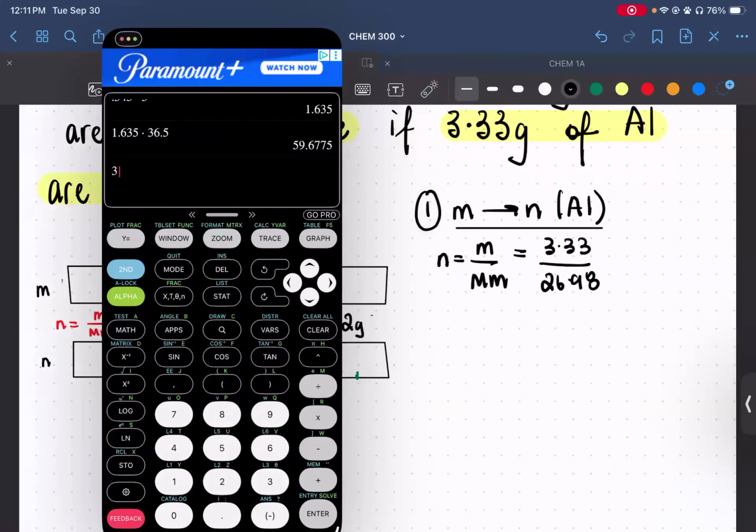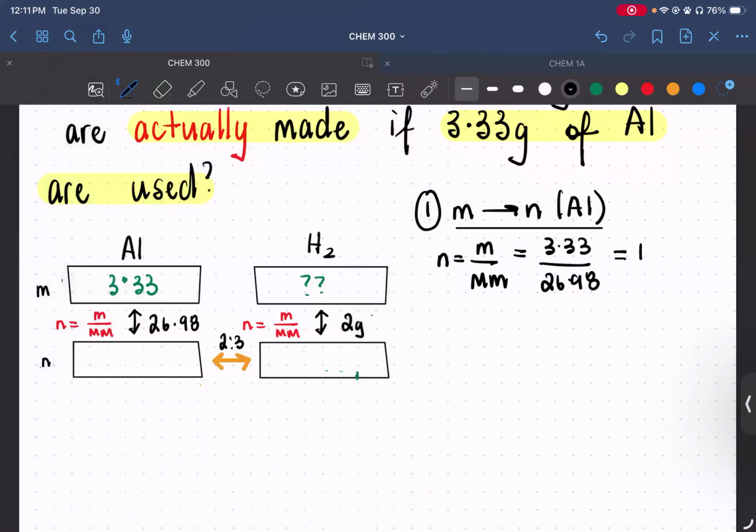We put this in our calculator, 3.33 divided by 26.98 gives us approximately 0.1234, angel numbers, cool. Okay, I can choose to continue filling in the roadmap so it helps me visualize where I'm going. After I get moles, I'm going to say mole ratio. Step 2 is mole ratio. What am I doing? I'm going to compare